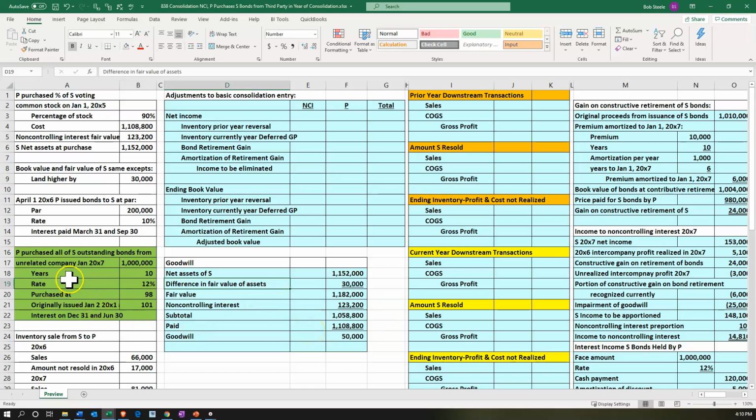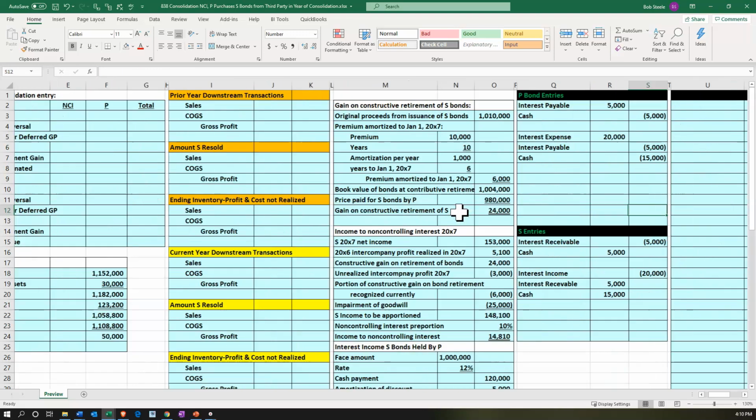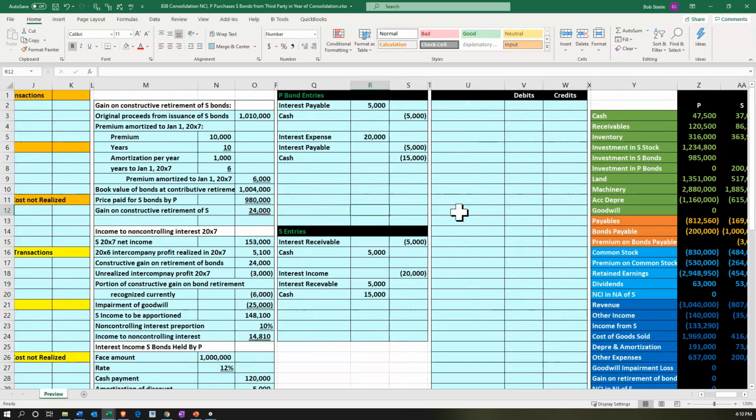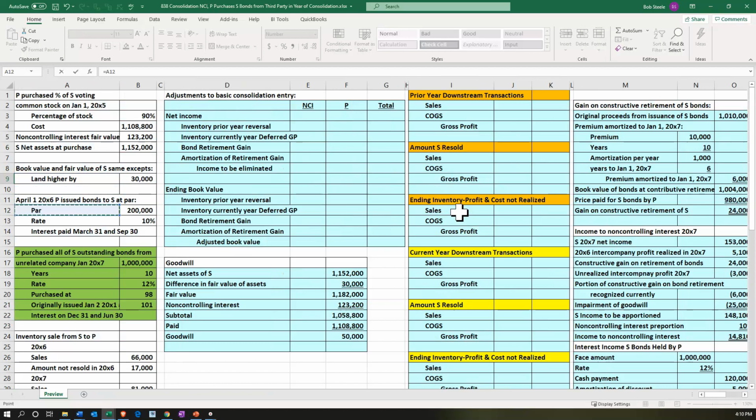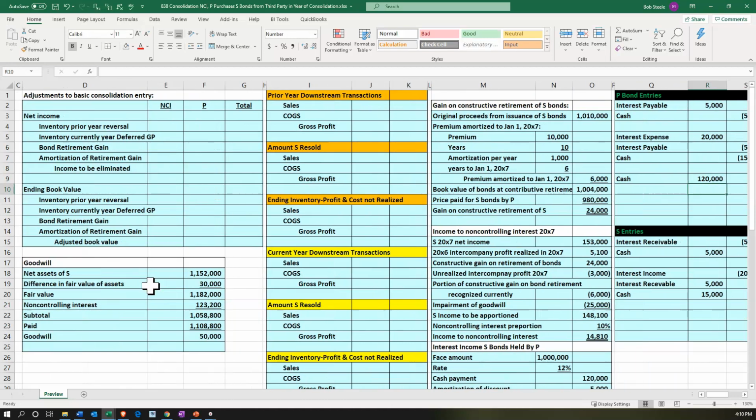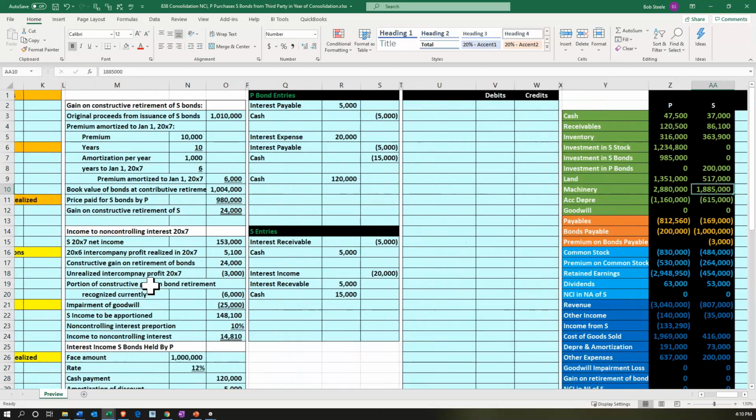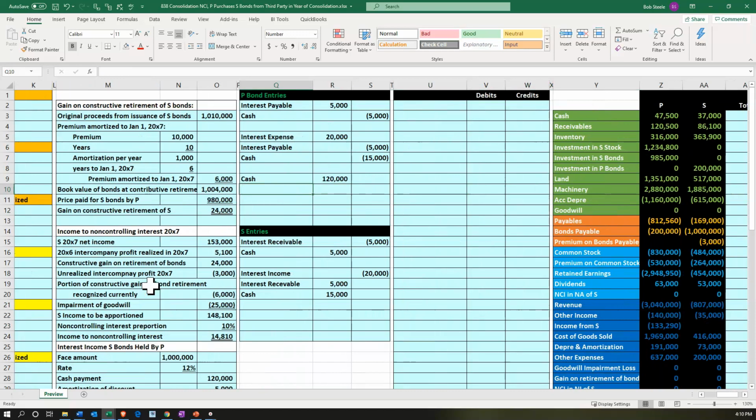on the P side of things, P purchased all of S's outstanding bonds. So P is going to be the one that's going to be receiving cash. So P would be getting, in the current year, and again, I'm going to group them together like in a journal entry format, what happened for basically the entire year here. They would have got this times 12% on the cash side of things, and then they would have to record to their investment